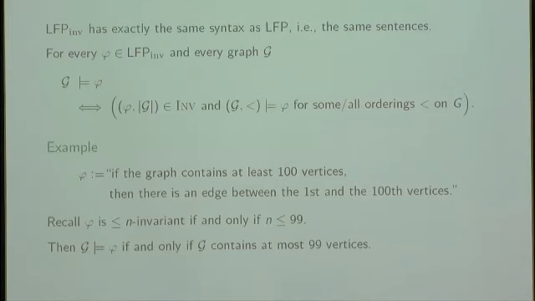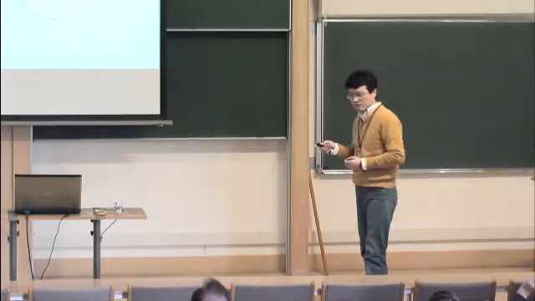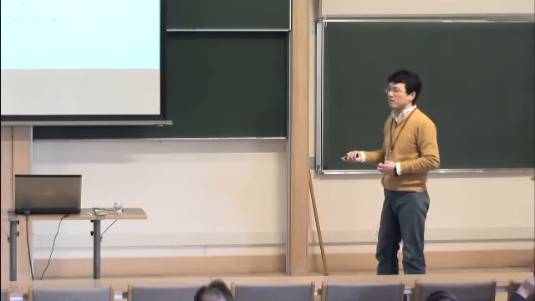The complexity of checking whether G satisfies phi, even for fixed phi, is no longer polynomial time. To check whether the pair phi, size of G is invariant, you have to look at all graphs up to the size of G. It's not polynomial time. It can be complete even for fixed phi. Yeah, Hamiltonian paths.